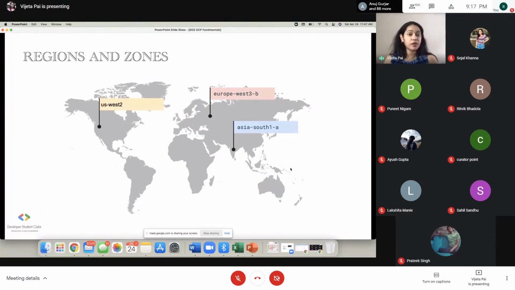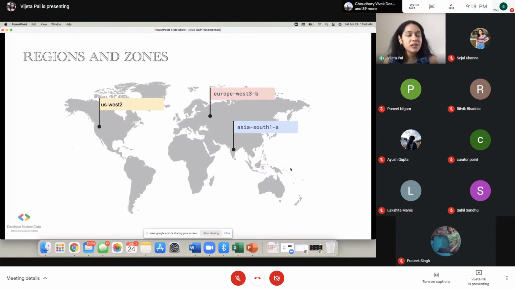Or you're watching a game, for example. You're watching IPL right now and you want everything to be really fast because you don't want your friend to know who won before you, right? It's a thriller and it's a really good match that's going on. In that, you have to make sure that the data center is closest to your target audience. So there's not a lot of delay in the traffic that is going to your audience. That is where a region comes into play. Region is a geographical location where cloud providers have their physical data centers. So you can choose a region that is closest to your target audience.